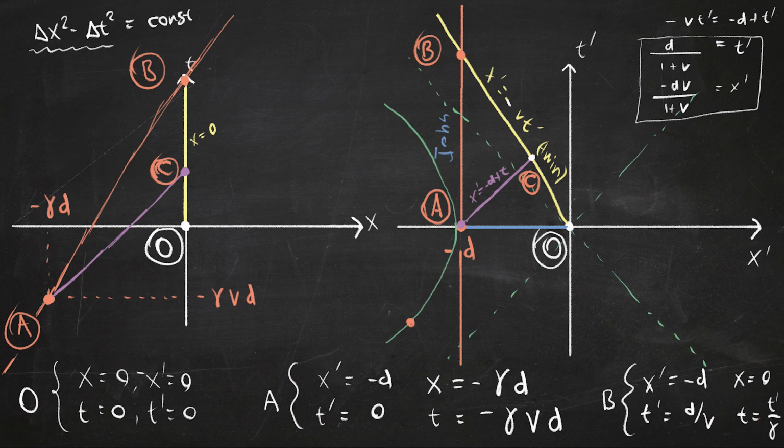And the event C here, well, obviously the x equals 0, right? But what about the t? Good question. I guess you could find the t by using the reverse transformation, so it's going to be the gamma. Remember what it was? It's the t prime, so it's going to be d on top of the 1 plus v, and then it's going to be minus the vx, so that's going to be plus dv on 1 plus v, so that's my x, and then it was minus v times that,